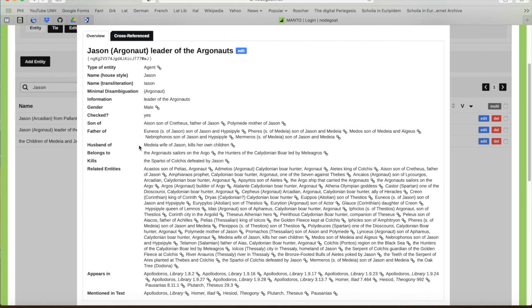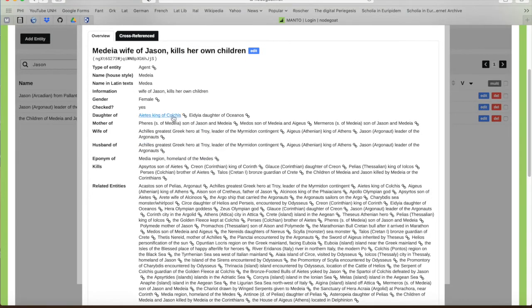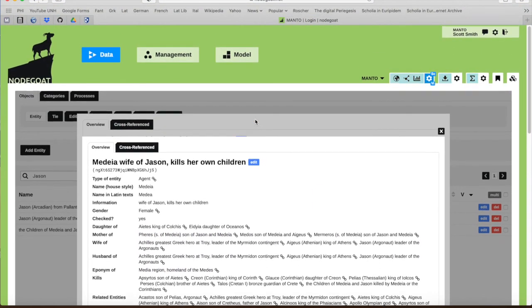You'll notice that on the file card, you can also highlight other entities, and you can go to their file card just by clicking on that as well. We have clicked on Medea, and now we have her file card available to us. And similar to that of Jason, we find ourselves with data already organized, including family relationships and so on. In addition, though, we also have some other information, like who Medea has killed, as well as the places that she is the eponym of.